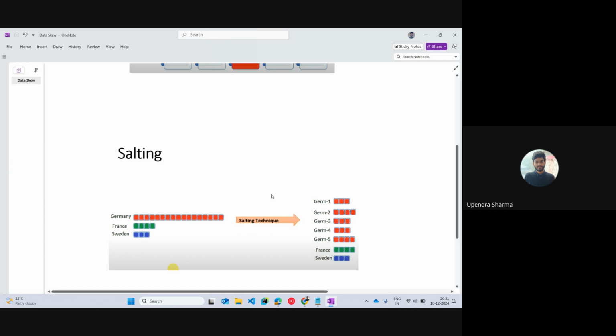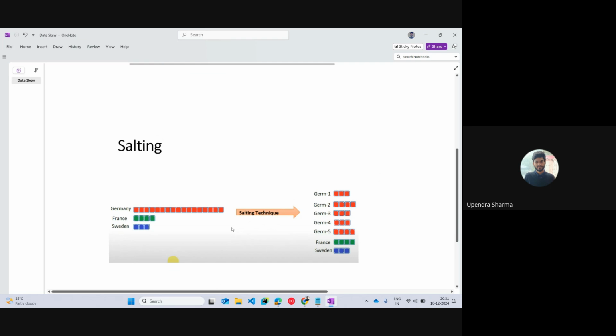Now, what we can do, in very simple or layman terms, is break down this particular partition into smaller chunks, which are basically comparable to France and Sweden, right? How is this exactly done? It's a very long technique. We need to have some sorting variable, then we need to combine it with each partition, and then we have some hash value, and then finally we have these partitions in place. Maybe we can cover that later, but in short, sorting basically means that this bigger partition can be broken down further into smaller chunks, which are comparable to other partitions as well, because we cannot break it down into chunks smaller than these.